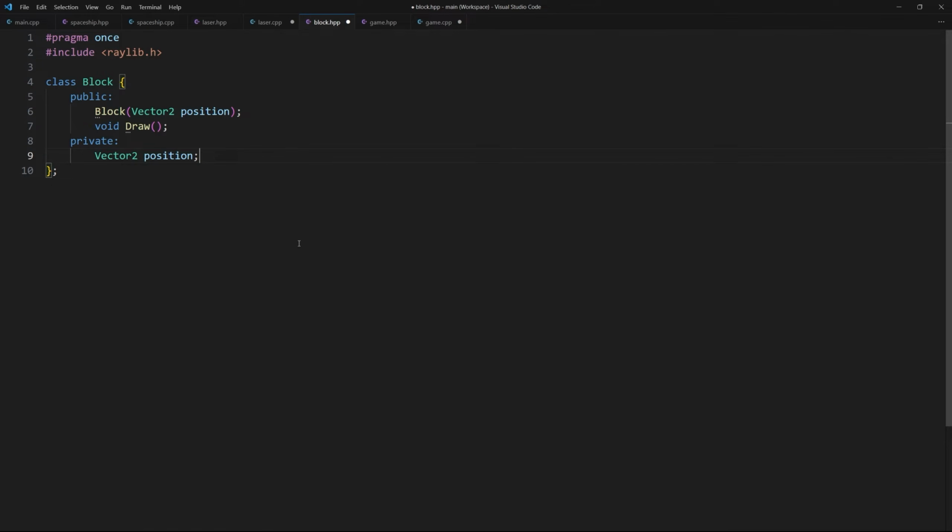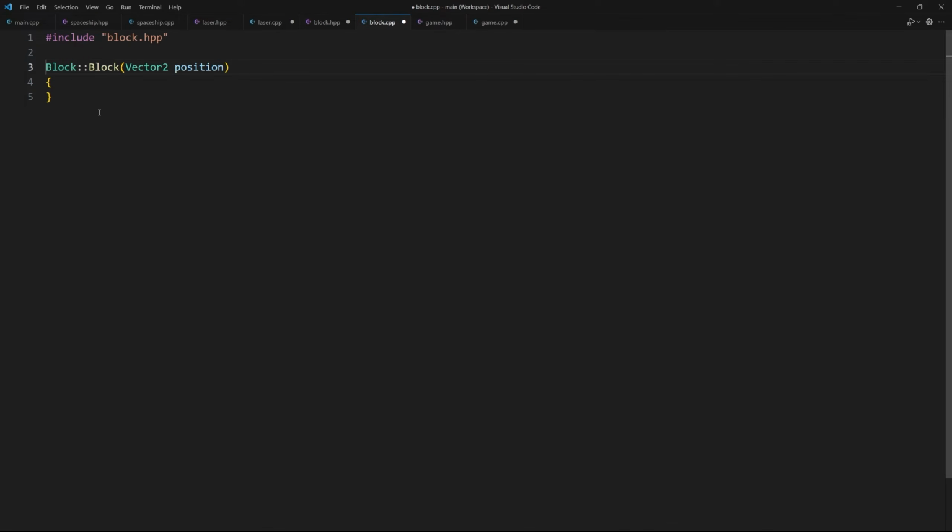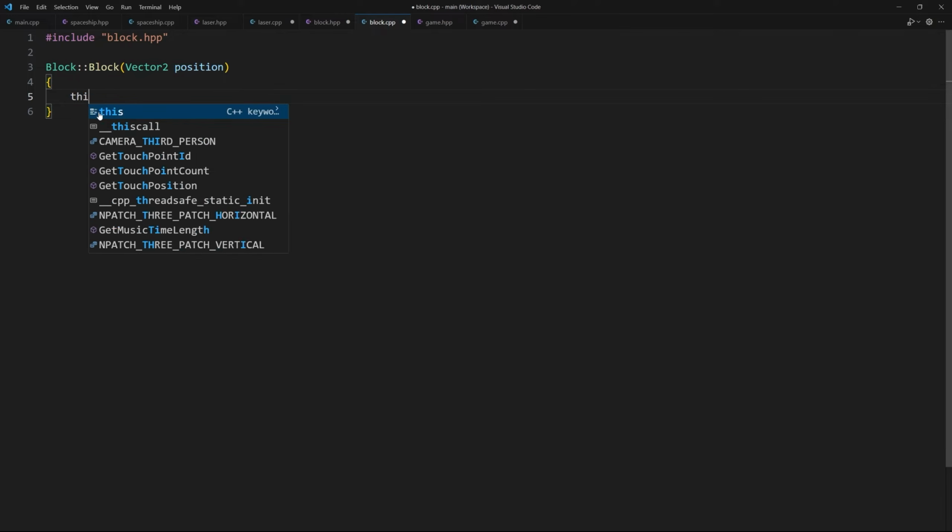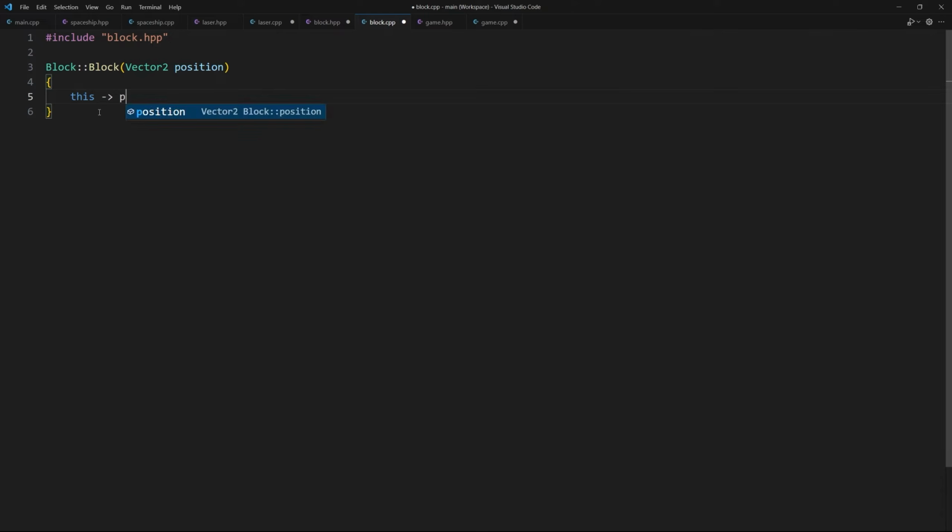Now we can implement this class. Again, on the constructor, Ctrl plus period and then enter. Now, inside the constructor, we just have to assign the position we got as an argument to the position attribute. this->position = position. Now we can implement the draw method. It is very easy. All we have to do is to draw a rectangle. We need the x and y coordinate of its top left corner, a width, a height, and a color.